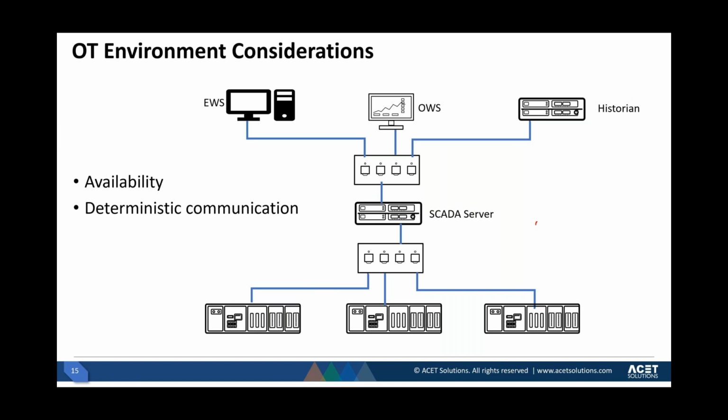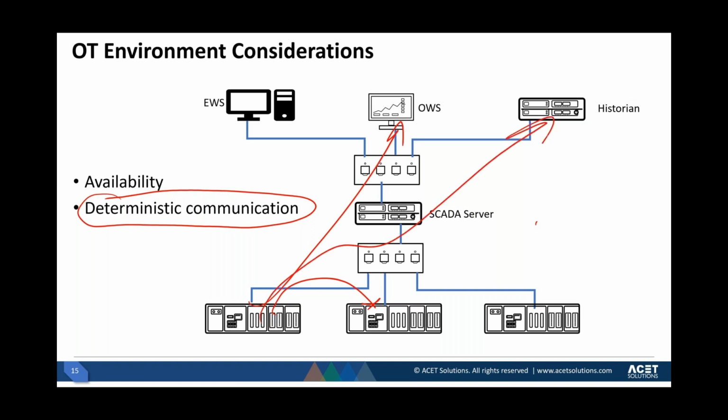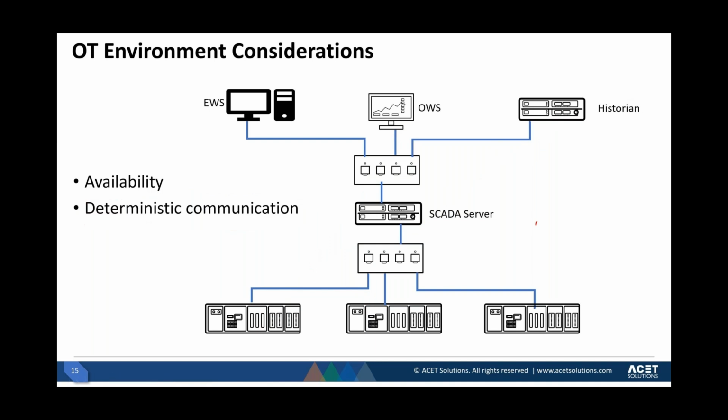So this is basically the definition of deterministic communication, that whatever the communication frequency is configured in this whole system, either between PLCs, from PLCs to HMI, or from PLCs to historians, that needs to happen at the predefined interval. And obviously, the worst case scenario is where we overload this network to the extent that it shuts down or stops functioning for some reason, that would mean that all this communication going from PLCs up to the HMIs and to the historians will be disrupted, and we don't want that either.